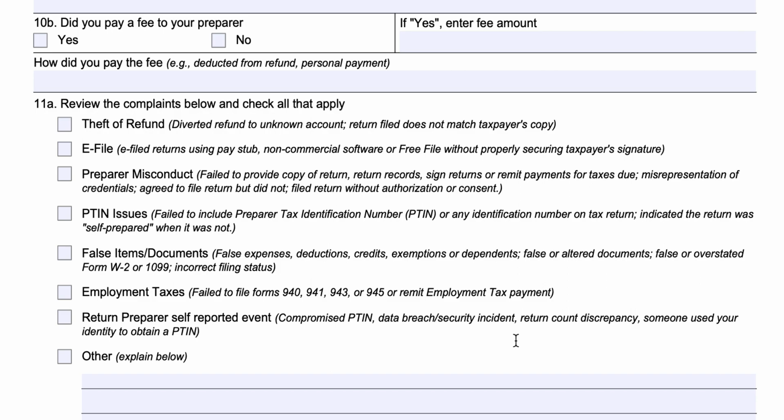If there's suspicion of misconduct, like they did not give you a copy of your return, if they misrepresented their credentials, if they agreed to file your return but did not, if they filed your return without you signing it, if they signed on your behalf, these are all things that a tax return preparer would not be allowed to do. It might not rise to the level of fraud, warranting you filing Form 14157-A, but these are all examples